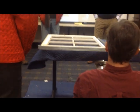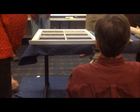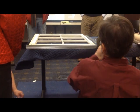It's a thin kerf cutter. You can also do it with a thin kerf cutter in your table saw. It's a little harder to hold the window from wiggling around. Yeah. All you do is